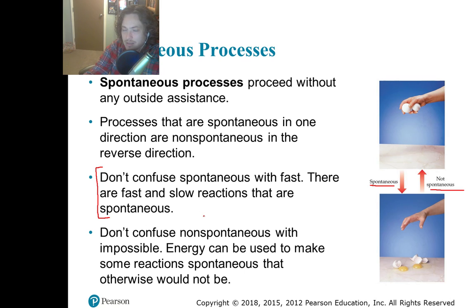It takes several days, weeks, or years, depending on what kind of iron it is, what kind of environment it's in. I'm thinking about the Topeka Capitol in Kansas, the dome over the Capitol. That's made out of copper. When they originally put that on the Capitol, it was this nice bronze color, and then over time it became copper oxide, right? It rusted. It took many, many years, and now it's the very green color. And then the other one is don't confuse non-spontaneous with impossible. You might be looking at it as like, well, this is impossible.